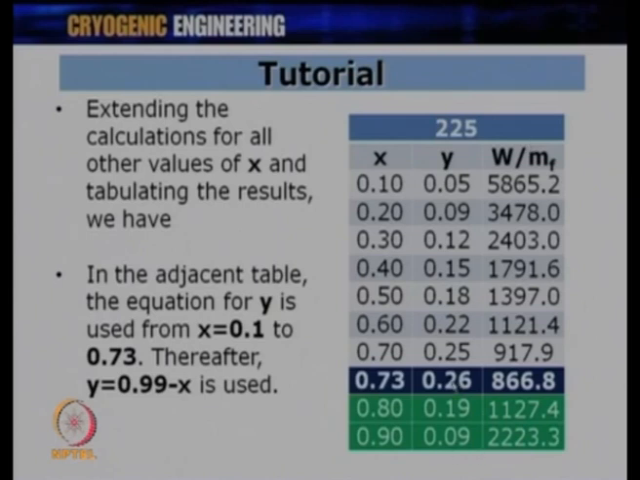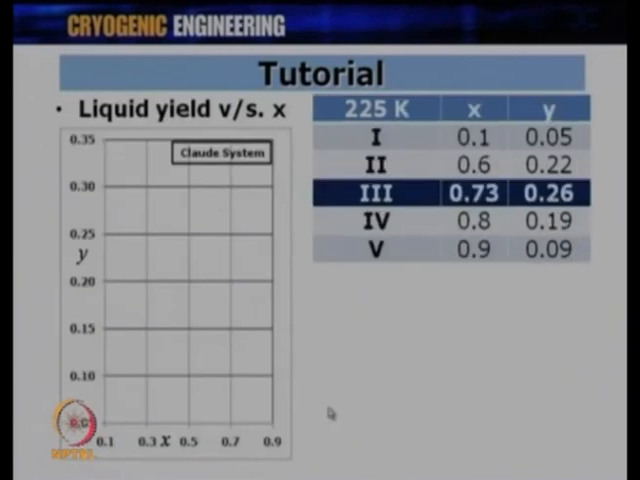So, wherever y gets maximized, the value of W by mf will be minimum over there. The value of W by mf reaches the minimum value and then it starts increasing again. So, this y goes through a maximum and W by mf goes through a minimum, that is what we understand from this. So, if I plot y versus x, what we have just calculated,